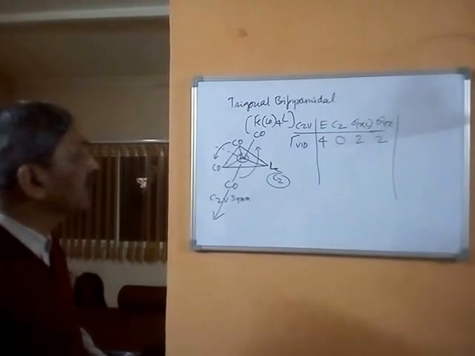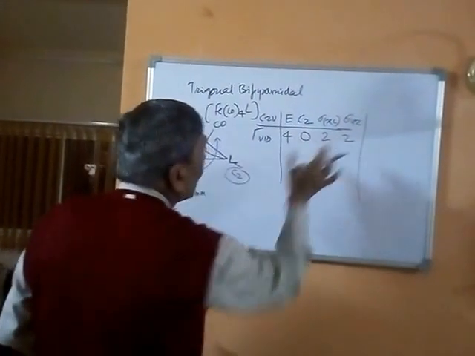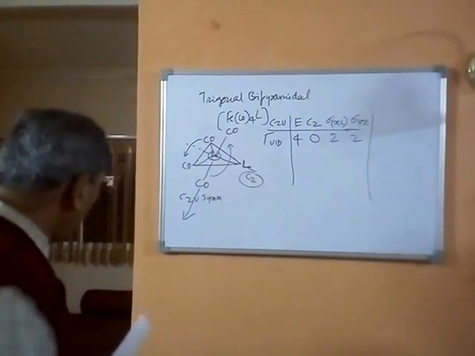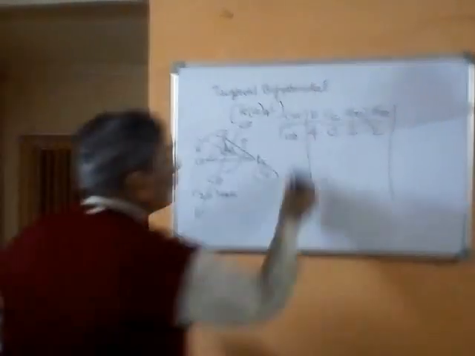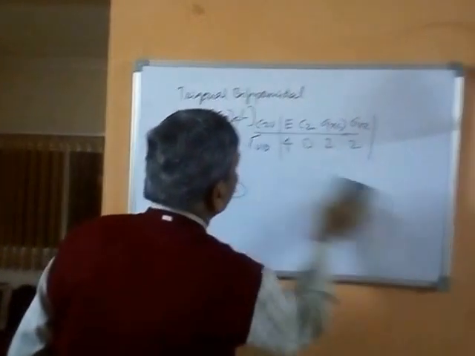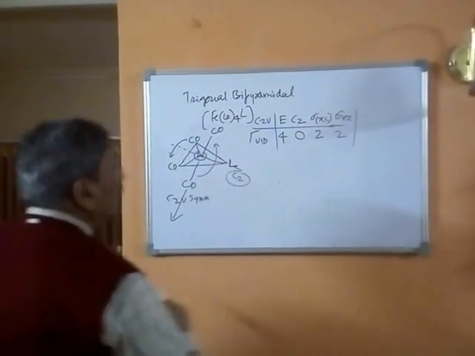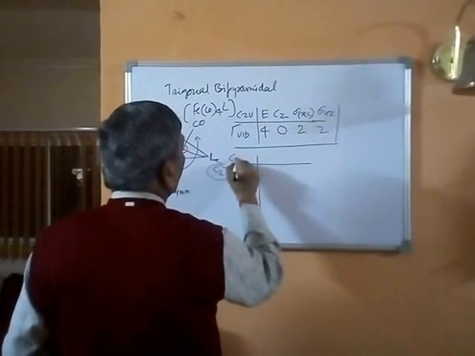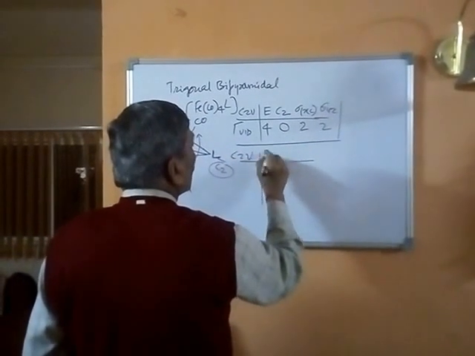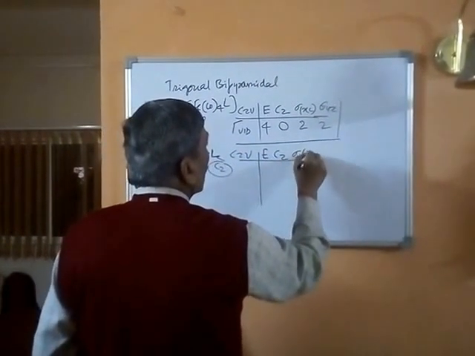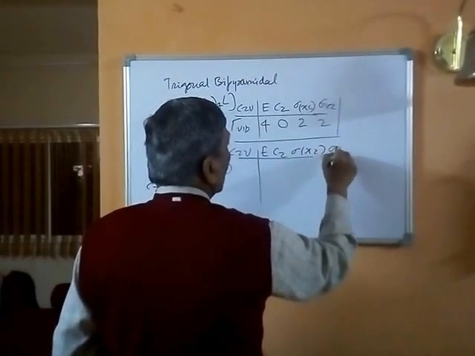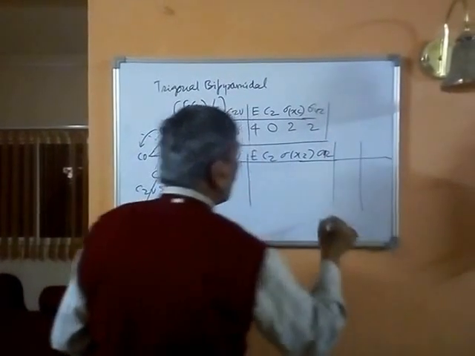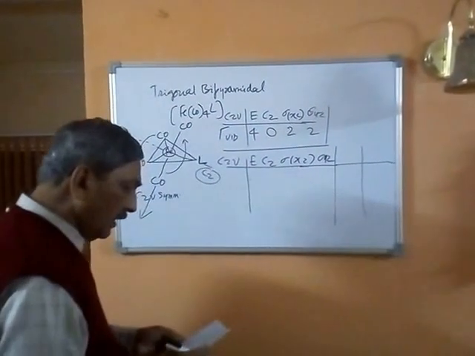Now, as we have said earlier, let us break this down into its components using the C2V character table. Now we can write down the C2V character table and see what is the situation. So our C2V character table, we can write it down. You have C2V, you have basically the operations, and then you will have the unit vectors and these squares, and here are the representations.